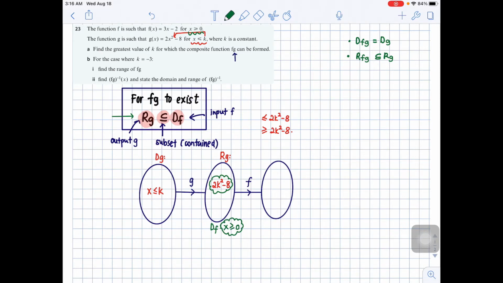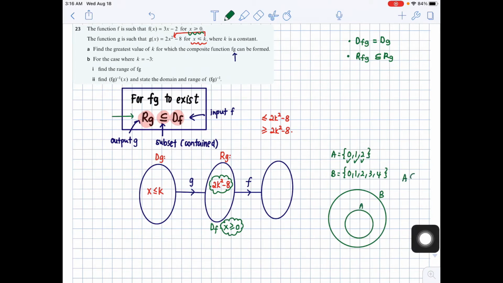So what does it mean? Okay, for an example, let's say I have set A and I already have 0, 1, 2 in this. And then I have another set B where I have 0, 1, 2, 3 and 4. So look at this common element. 0, 1, 2 belongs to both A and B. So usually in eMath, what will you do? You will draw set B and then you will draw set A inside. So we call this A subset of B, or you can just simply say A lies inside B. How will you label now? 0, 1, 2 and then the 3 and 4 will be outside, right?